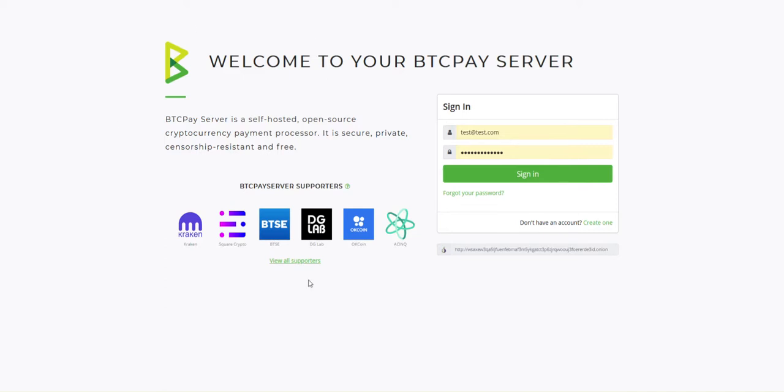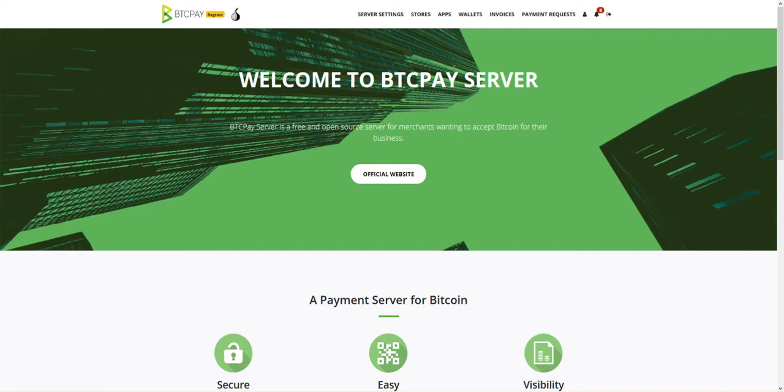When a user deploys their own BTC Pay Server, the first thing they have to do is create an account. So I'm using my developer environment. Some things may be slightly different, but the workflow is similar for any user using any sort of BTC Pay Server, whether it's self-hosted or someone else's. So the first thing they have to do is create an account. I now have an account, so I won't be creating it. But don't pay attention to this right now, because the actual problem I'd like to tackle in this video is